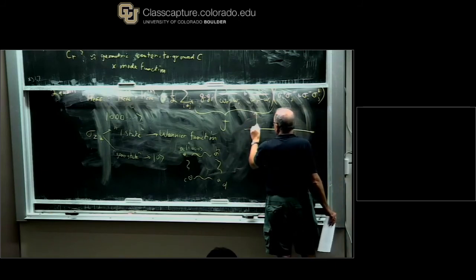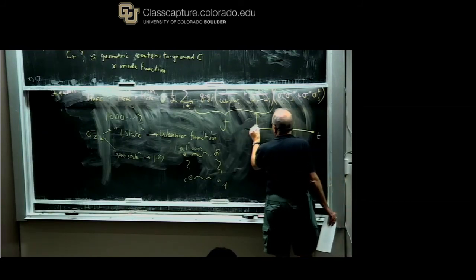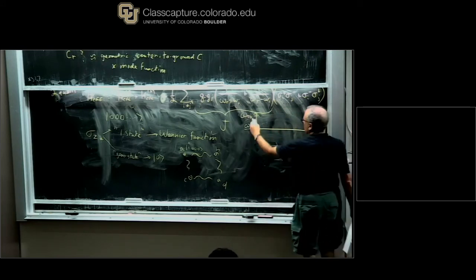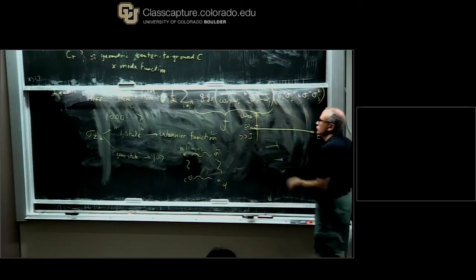If the 2-qubit frequencies, so here on this axis is time, and here's omega qubit A, and here's omega qubit B. And if you hold them apart, so the difference between these is much greater than J, this interaction is